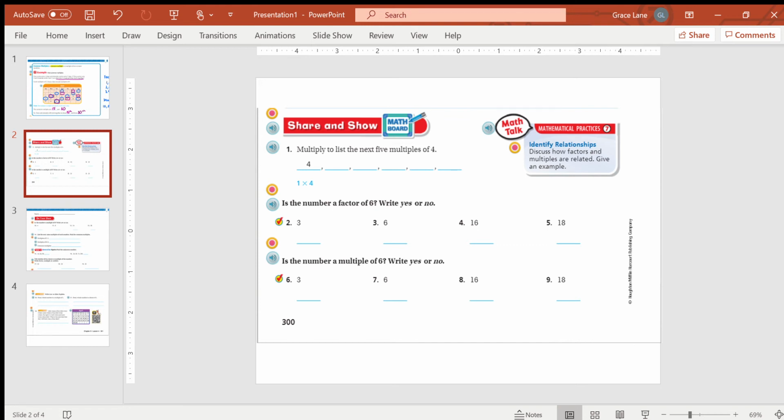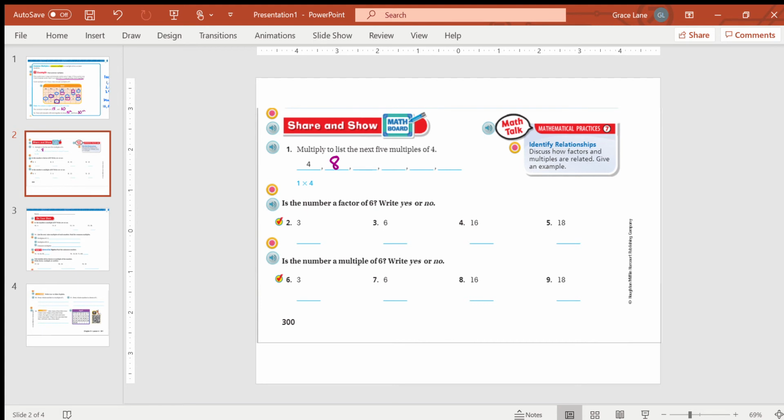So number 1 says, multiply to list the next 5 multiples of 4. Remember, to find multiples, we're just multiplying. The first one they did for you was 4, because 4 times 1. Then you could either multiply, add 4, or just count by 4s if you know how to do that. So 4,